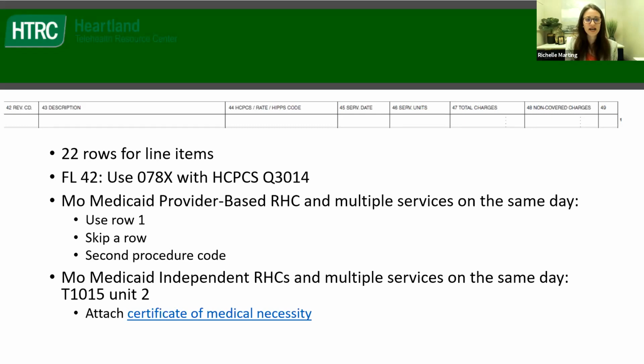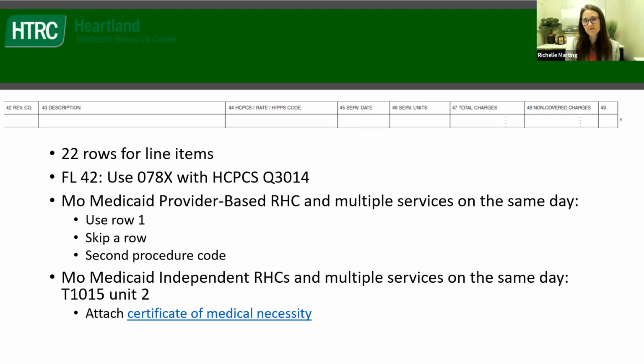Q3014. We'll have that with whatever date the telehealth service was provided, with a unit of 1, and your charges for the originating site fee, knowing that the actual payment you'll get is likely just going to be a fixed fee for originating sites. Here's where we also get into some really